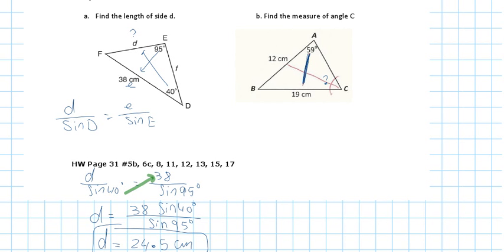So sine A over A equals sine C over C. Perfect. Sine A is sine 59 over